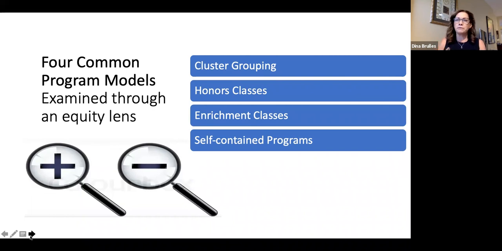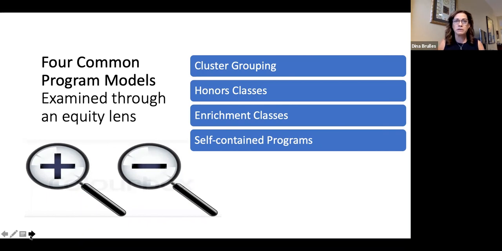Enrichment classes are a fantastic idea for gifted students because it builds on their interests, their areas that they would like to pursue. It could be something like architecture projects or a solar system project. A lot of these are project based, and that's wonderful because it's really motivating for gifted students. However, if that's all you're doing, then you really need to think about grouping their students together as well,